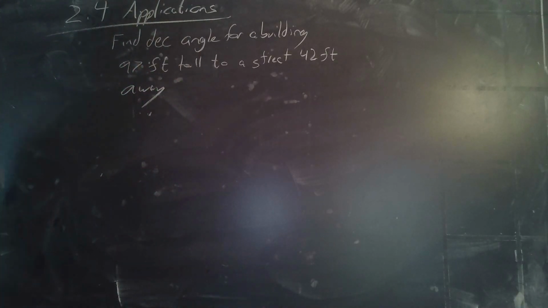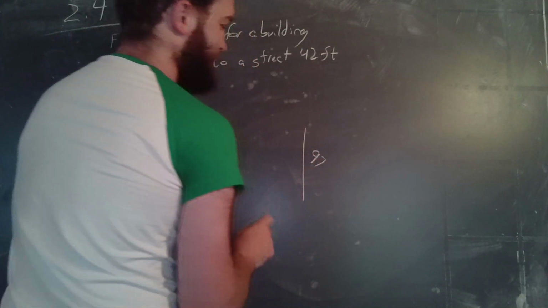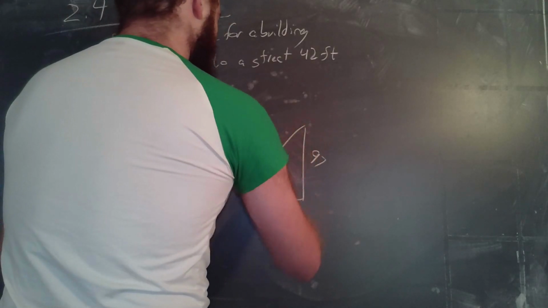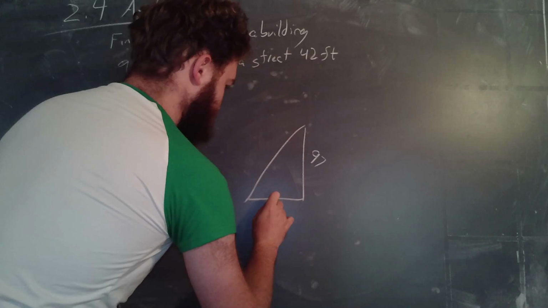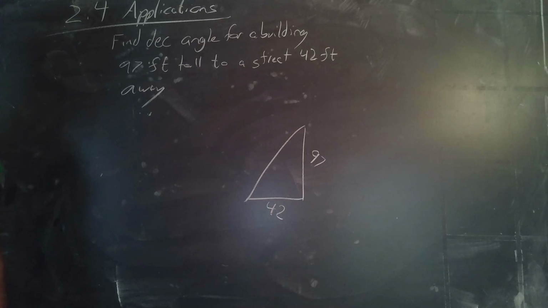So I've cleaned up the board and put an example of what I meant by an application on the board. This is a question that says to find the declination angle for a building 97 feet tall to the street that is 42 feet away from it. Notice we can draw this vertical line representing the building that is 97 feet tall. Then we can draw this horizontal line representing the lateral distance from the building to the street, which is 42